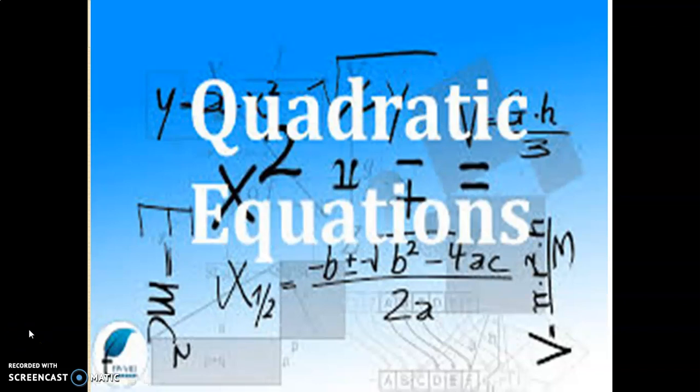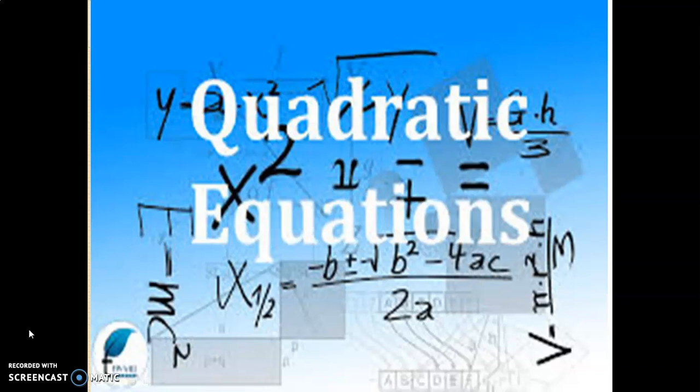I hope every one of you understood whatever we have seen so far in the last video under the topic quadratic equations. Solving the quadratic equation is nothing but finding the roots of the quadratic equation. There are three methods available in our syllabus: one is the factorization method, the second is the completing the square method, and the third is the quadratic formula. We have seen all three methods in the last classes, and today also we are going to see the same topic, quadratic equations.